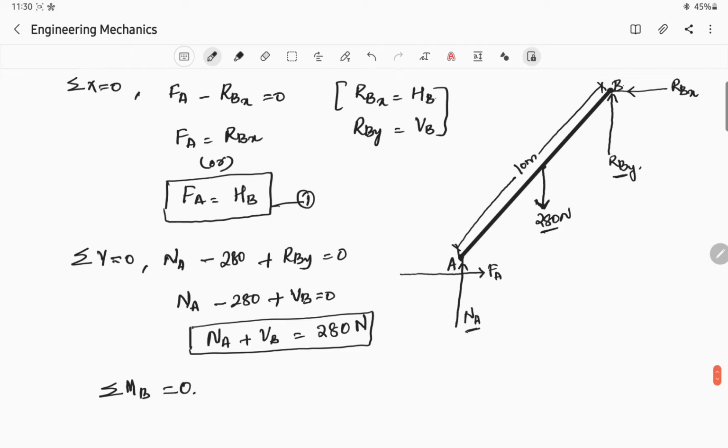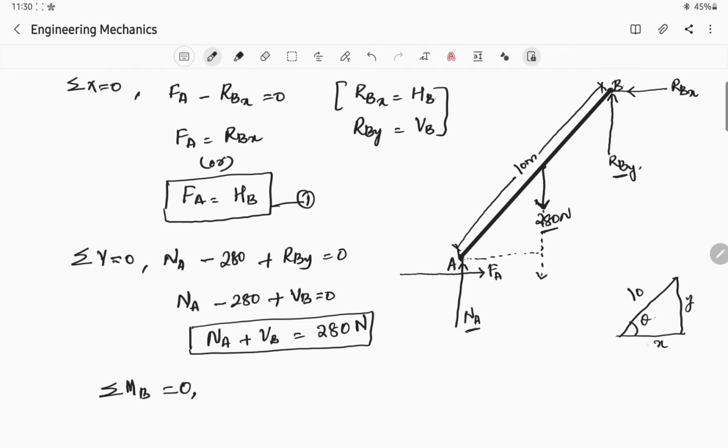Now while considering this, you have to keep your thumb on point A and see the 280 Newtons. As I have told you in the previous class, whenever you want this horizontal distance, this is the force passing, right? This is the line of action of the force. So this distance is how much? Suppose for example, this is my right angle triangle, and this is 5 meters, or let us say 10 meters only. So what happens? This is y and this is x. I don't know this distance.